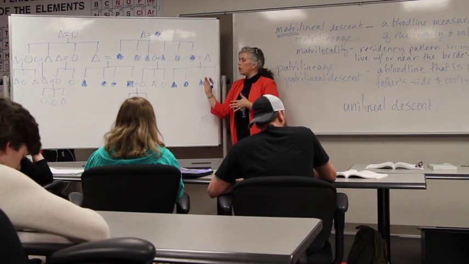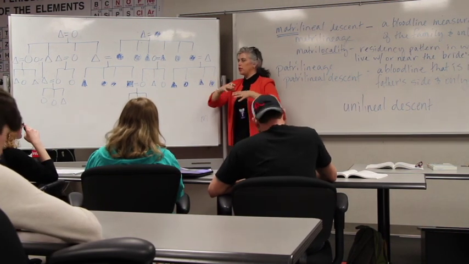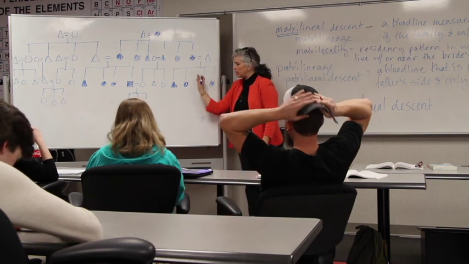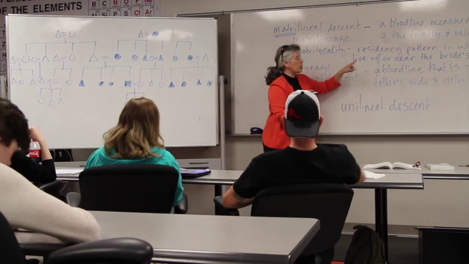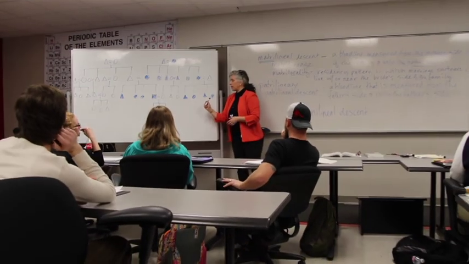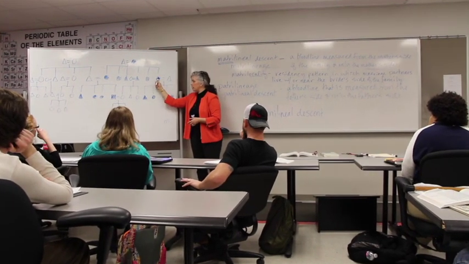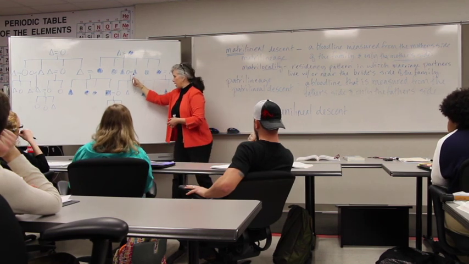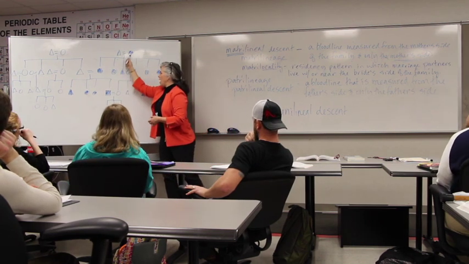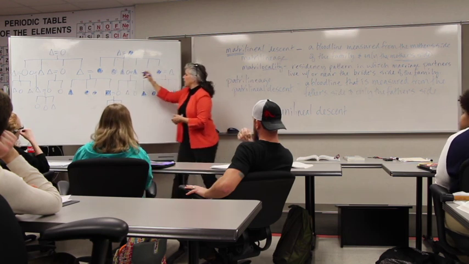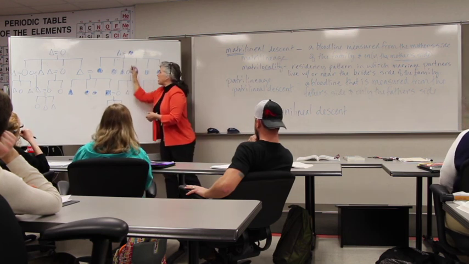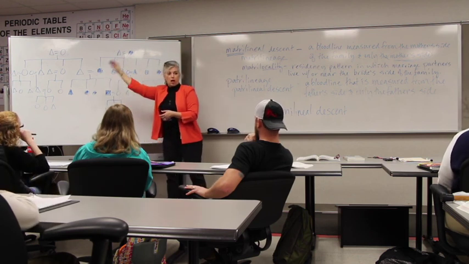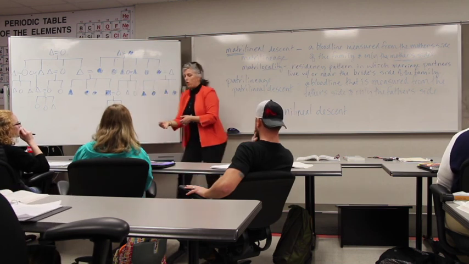Okay. So when people expand and expand in population, population density grows. If you have a residency pattern like this, then all of these people who are colored in end up living, like it says, with or near the bride's side of the family. So here's a bride, so where is she and her offspring at least going to live? Near this woman and this man and this man, this man and this woman. And sometimes this man might be around and sometimes that man might be around, but if they're from the same matrilineage, you probably have to at least be in contact with the matrilineage that you came from, right?